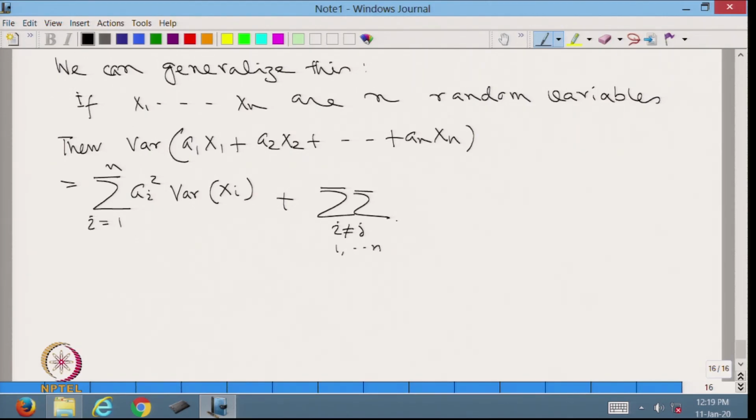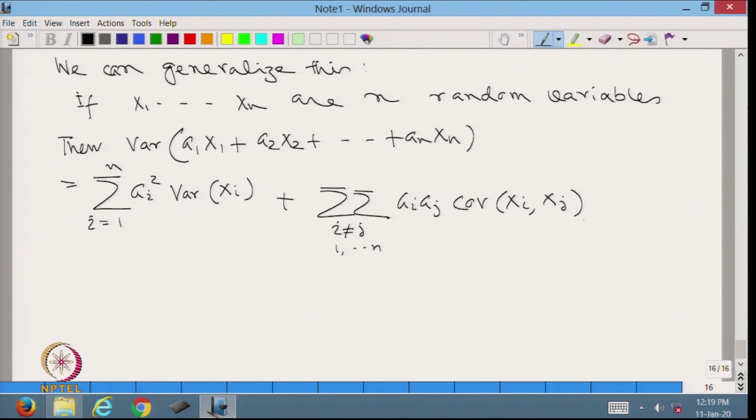That means we are looking at n into (n minus 1) many different combinations, i and j cannot be equal, and what we will get is ai aj